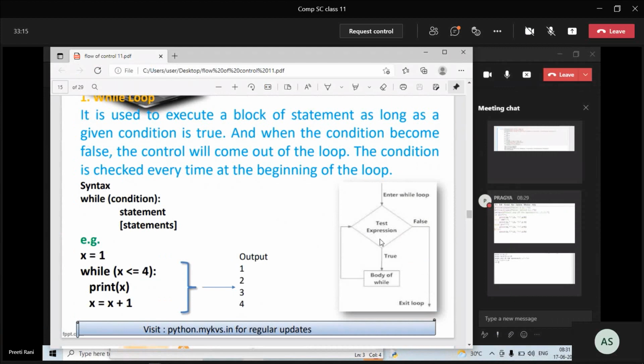Let's say if I want one number 10 times, then definitely we need to give the condition for the 10 times, that will be the test expression there. If the test expression is true, then it will execute the body of the while again and again until the test expression is false. Otherwise it will go to the false part and exit the loop. Is it okay?